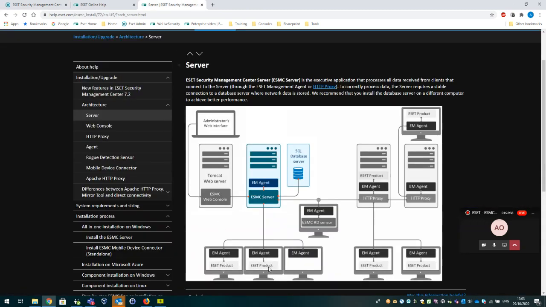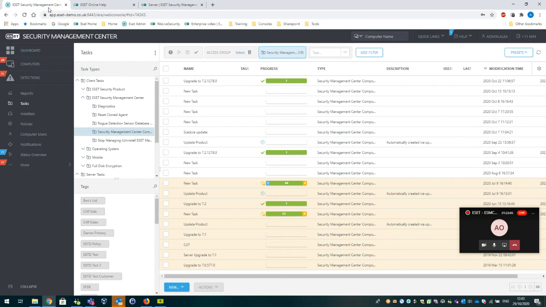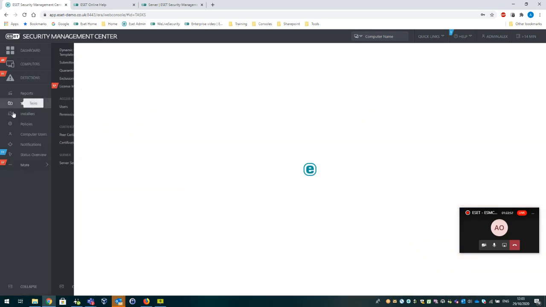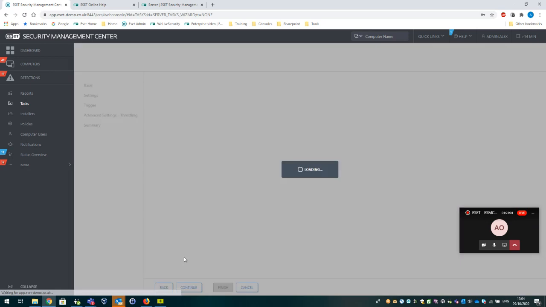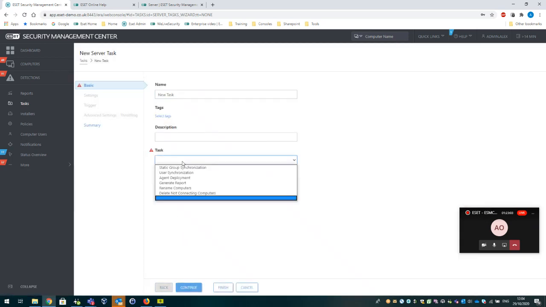That operation will not update the ESET agent. However, that's just as easy to do. And this is actually a minor change I found between the two. For ESET Security Management Center, so we're talking about the on-premise solution, you go to Tasks, you go to New Task, Server Task, and the task type you want